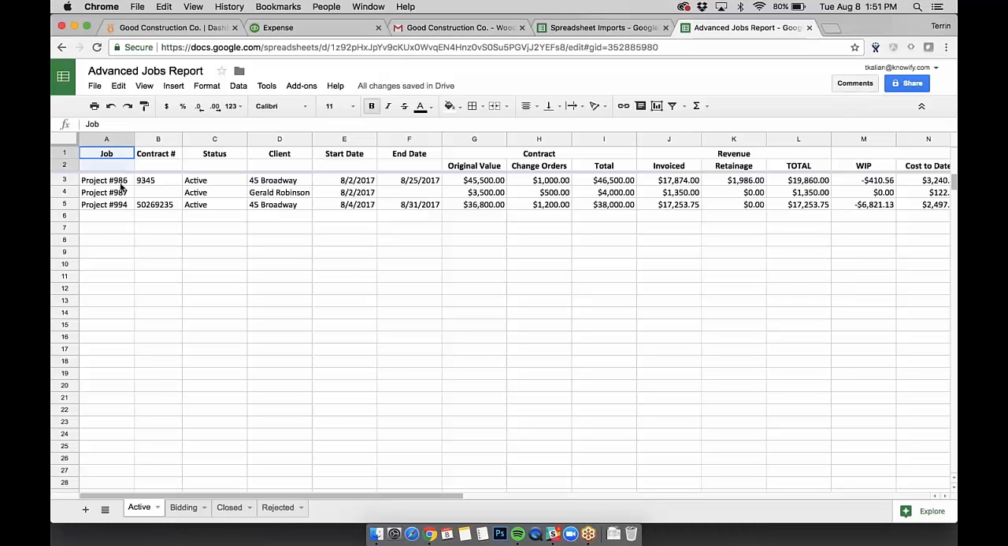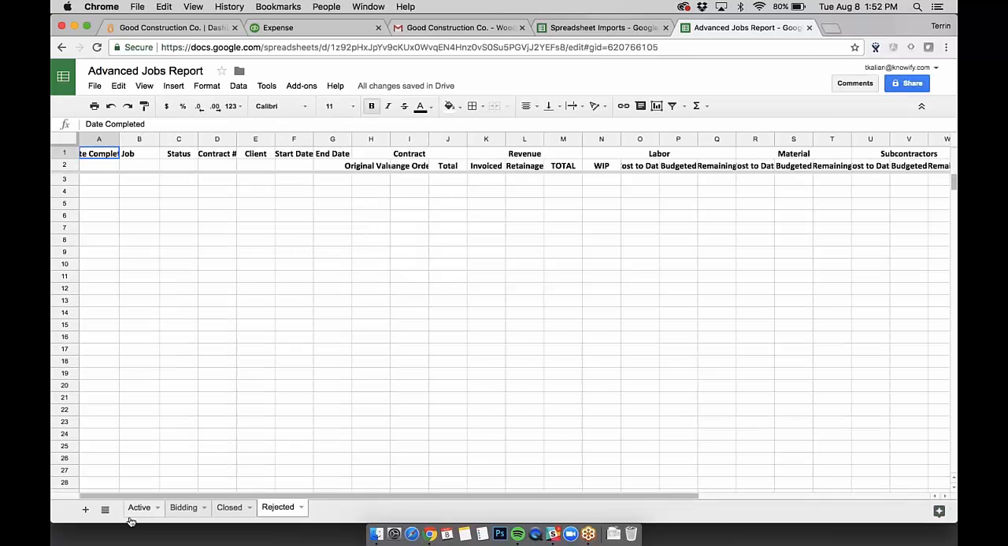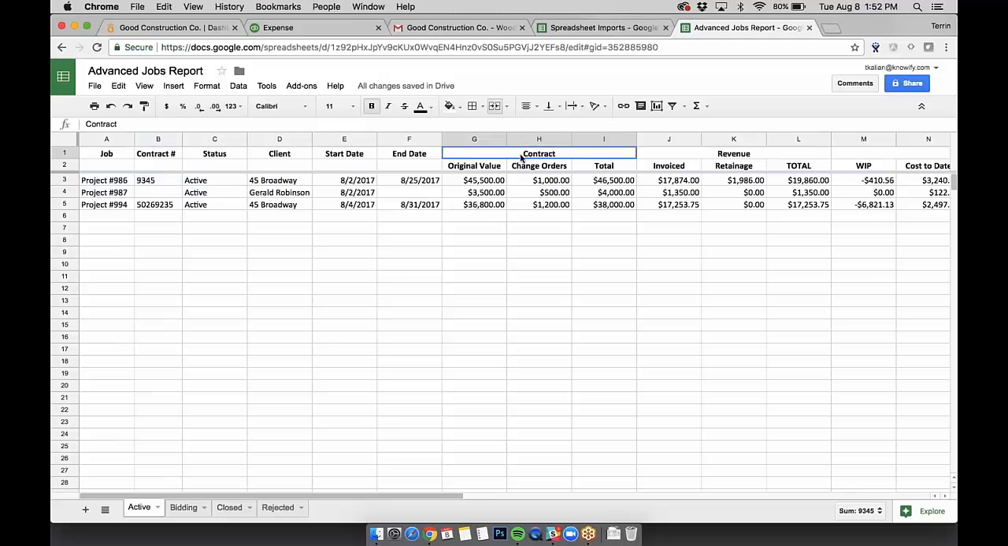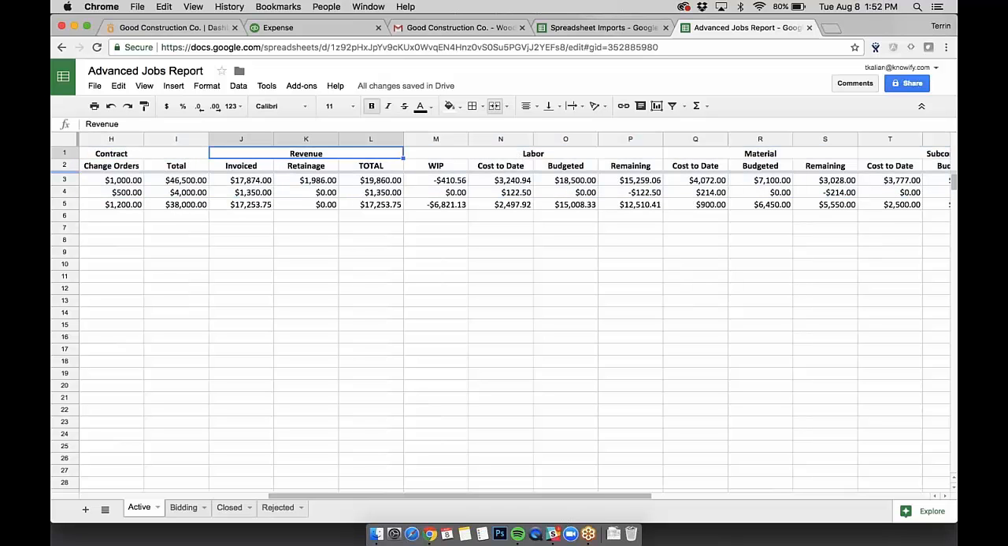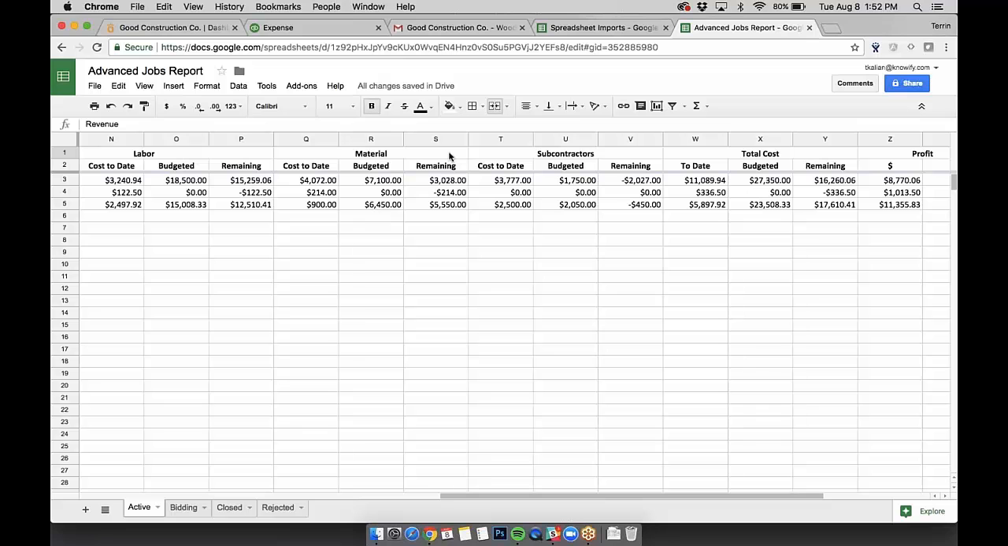It's from another account that I have, but this basically shows the project name, if it's active. We also run reports on bidding, closed, and rejected jobs. But we show you in this Excel report the contract value, the amount invoiced, the work in progress revenue. That's all on the revenue side. We also show you the labor, material, subcontractor, and total cost to date versus your budget and how much is